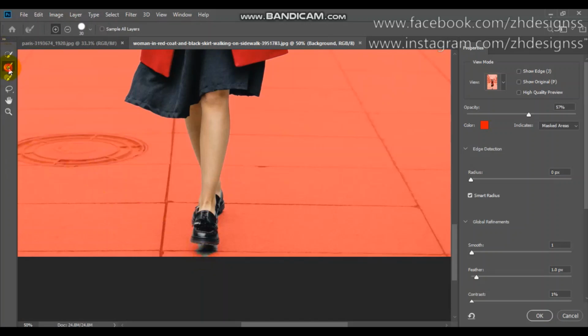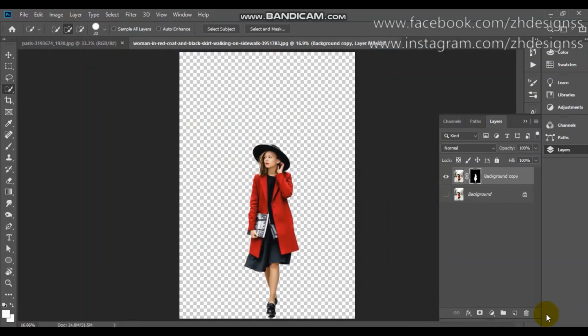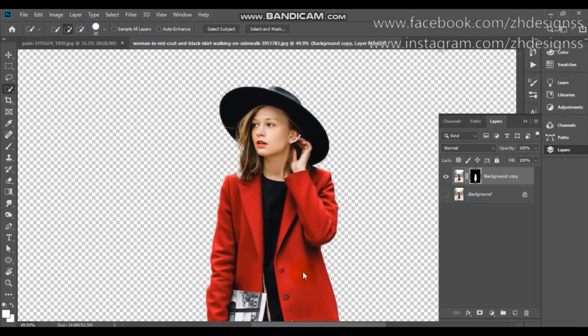We can simply remove it with the brush tool. I am clicking OK. Here you can see my subject has been cut out so smoothly. I am using my brush tool, make sure my foreground is white.